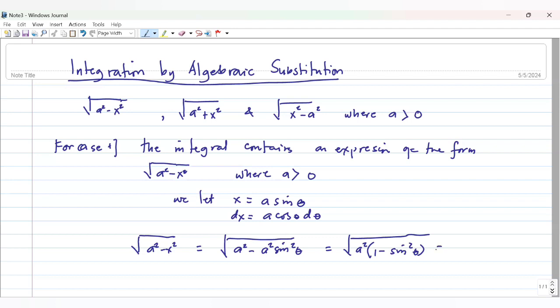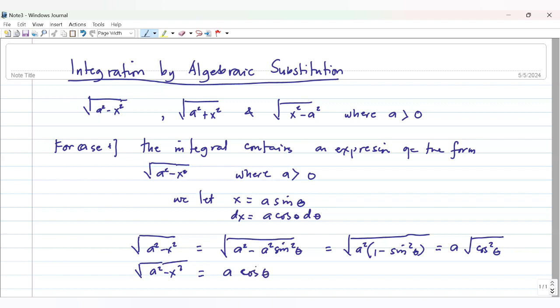By the Pythagorean identity, we take the square root of a squared, so that will be a, and what is 1 minus sine squared theta? That is cosine squared of theta. So therefore, what is our square root of a squared minus x squared? It is equal to